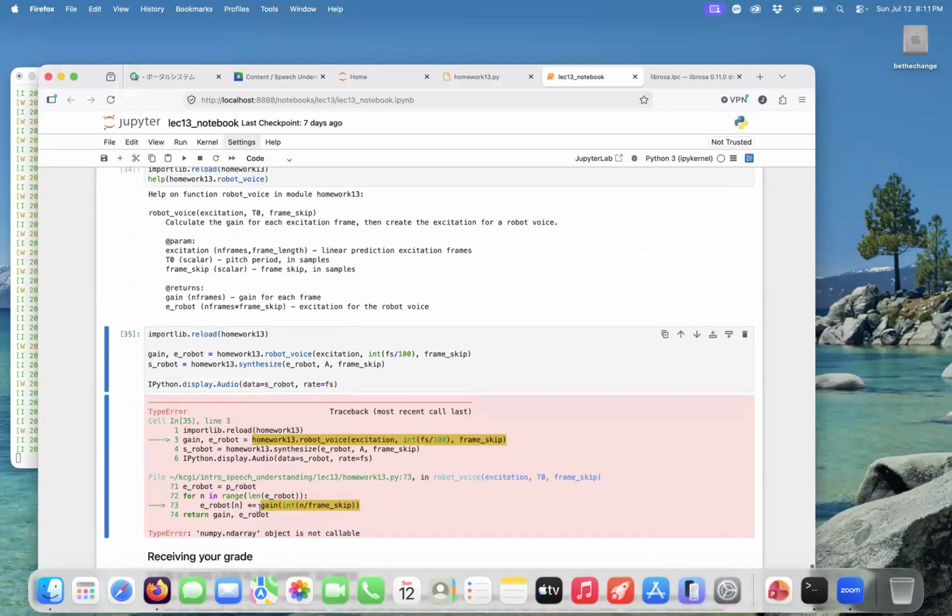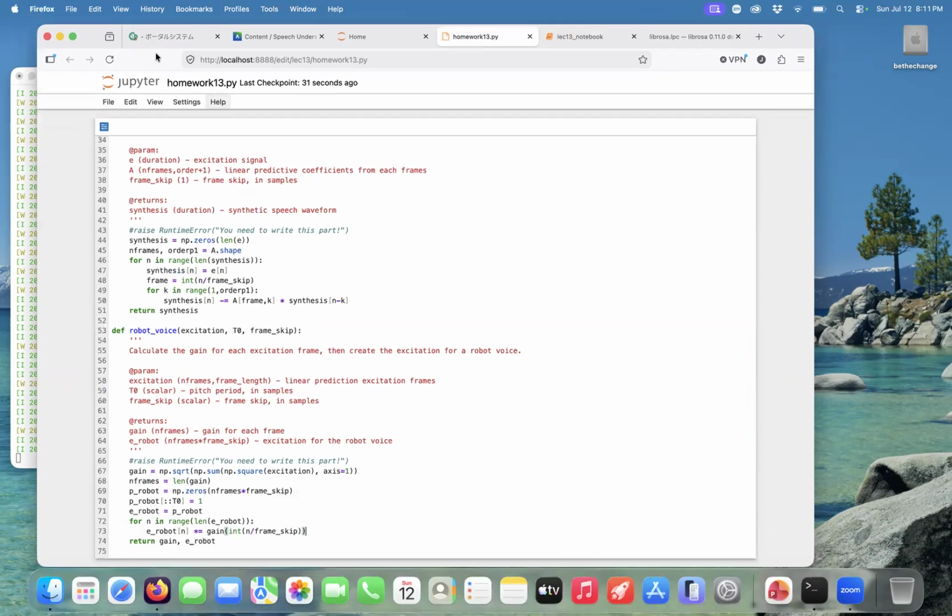All right, here, what have I done? eRobot is equal to pRobot. It's a NumPy ND array. Maybe I shouldn't have those be separate files. Maybe I should just take this and call it eRobot to begin with. And then now I've got eRobot has one pitch period, once every pitch period. And now I'm going to scale each of those. I'm going to scale eRobot of n, let's say, is equal to eRobot of n times the gain of, oh,